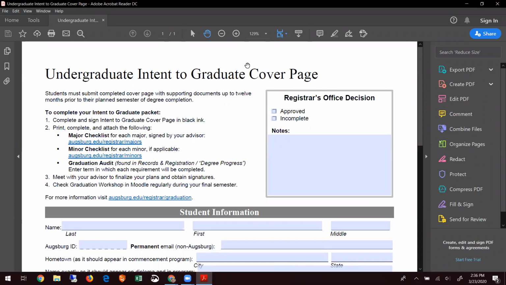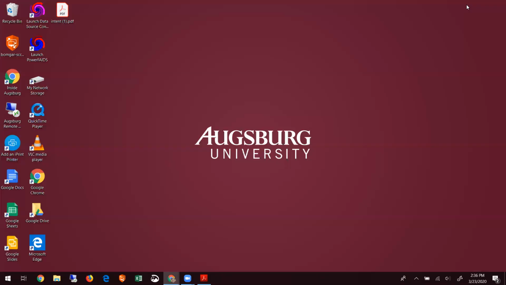Now, when I saved it to my desktop, my browser chose to open it immediately in Adobe Reader. If yours doesn't do this, you might need to take an additional step. Let's take a look at what that could look like. So on my desktop, I've got this file that I had downloaded. If you double click it and it does not open in Adobe Reader, you need to choose to open it